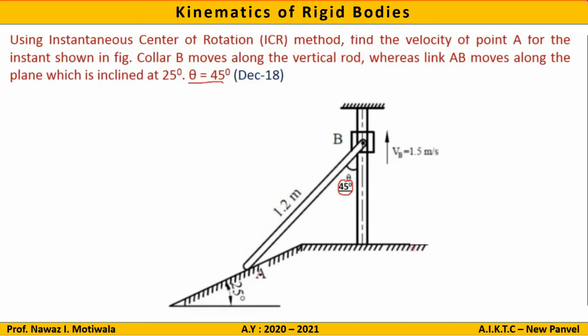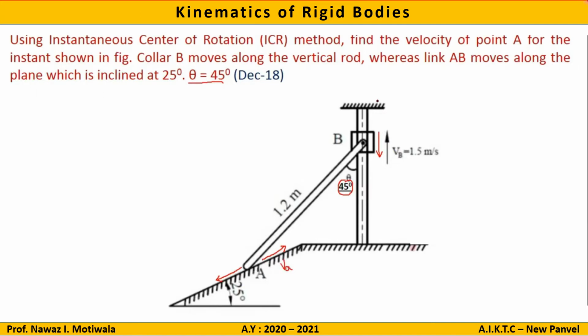So let us say this is the point A which is moving in this particular direction. So the velocity of this point A will be in this direction, and as this rod moves towards this side, this B will try to come down. Or in other ways, if B goes up, as shown in this diagram, the velocity of B is shown up. So as B goes up, this A will move along this line or this plane. So I can say the velocity direction of point A will be in this direction, and I will name it as VA. VB is already in the vertical direction.